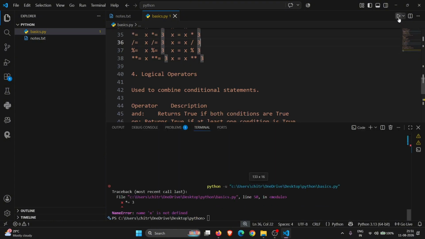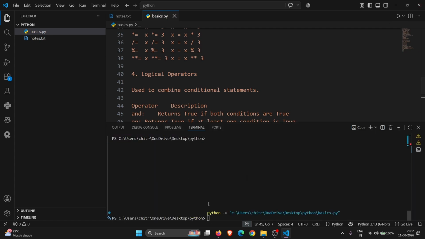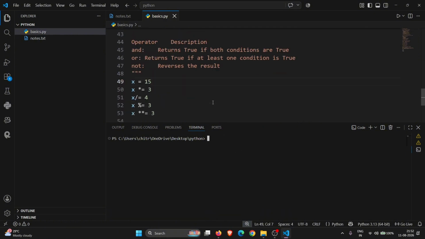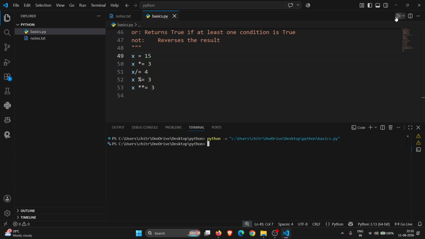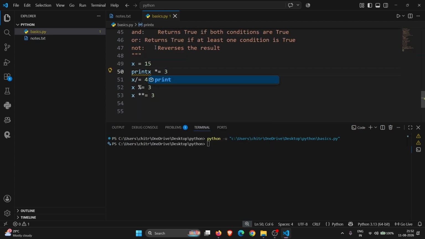If you run this code here, it will give an error because x is not defined. So let's give x a value, for example, 15, and let's run this code here. Just a second, the terminal looks a little bad. Let's clear it out. You can use the clear command to clear out the terminal. Oh, sorry, I've not printed all these. So if I print all these,